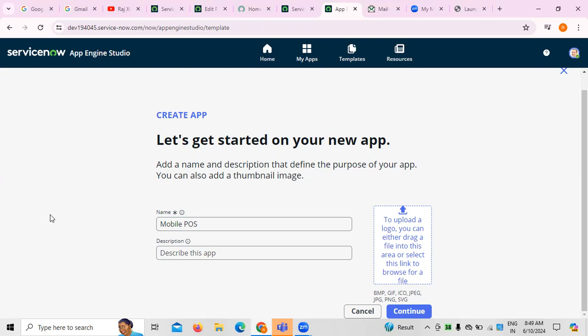Today I'm going to show you how an application can be created using the ServiceNow platform. In this, I have taken an example of mobile POS, right? Wherein we need to describe the application. So we need to write down what exactly mobile POS stands for. Right? So mobile POS